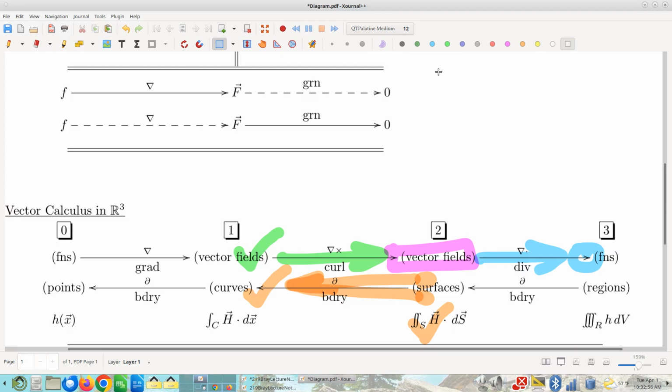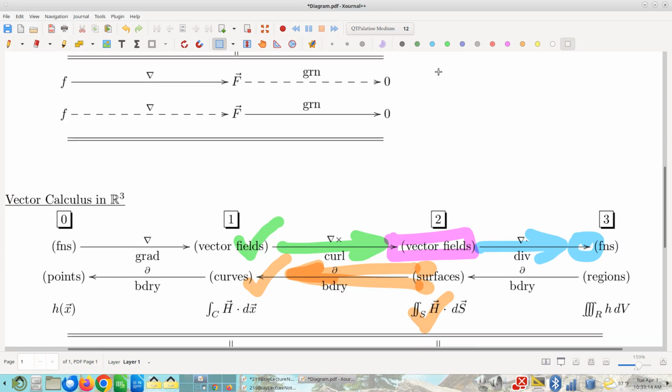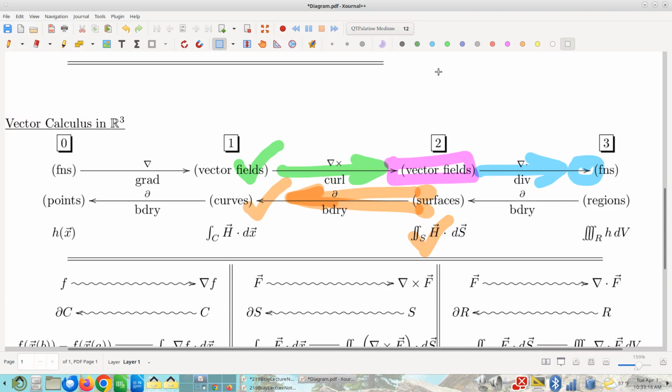If a vector field is a curl of something, then its divergence is 0 and vice versa. Divergence being 0 is a test for whether or not that vector field is a curl of something. And by the way, we can also anticipate this new property that we've got colored in orange here, which seems to suggest that if I have 2 surfaces that have the same boundary curve,